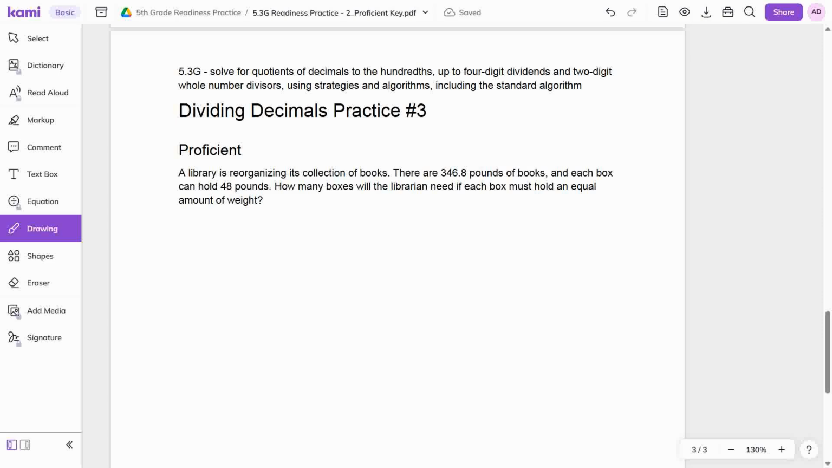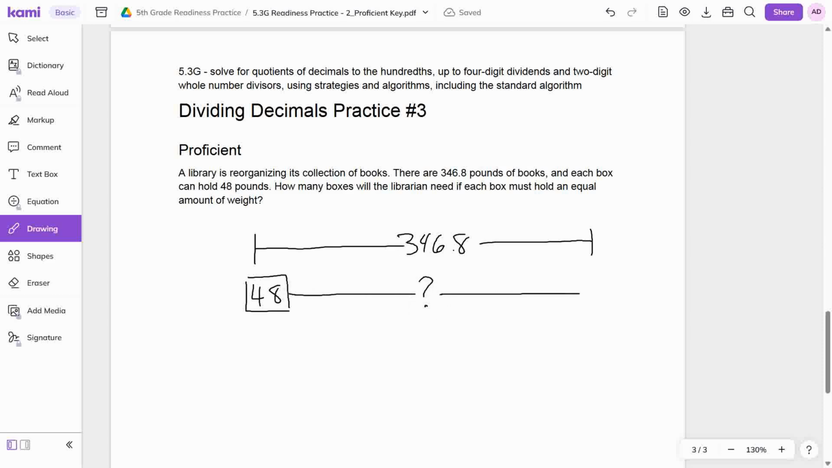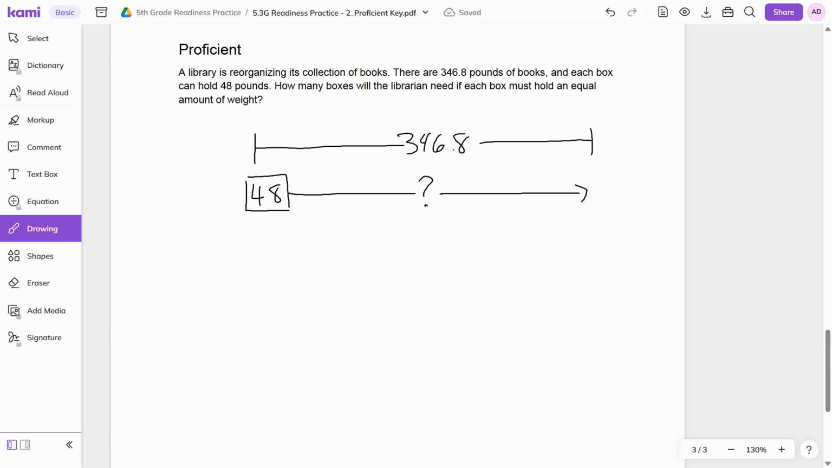So for our third problem, we have a library. There are 346.8 pounds of books, and each box weighs 48 pounds. So this is going to be a slightly different strip diagram. So how many boxes will we need? So what I have is I've got 346.8, and then I've got sets of 48, 48-pound boxes, or 48-pound maximum in each box. My question is, how many groups of that? So I know how big each group is. I just don't know how many groups there are. So we would represent that this way. But either way, we're just going to try to see how many 48s can we get out of